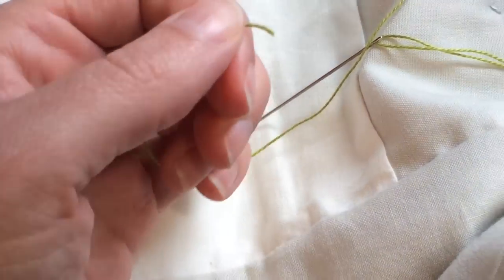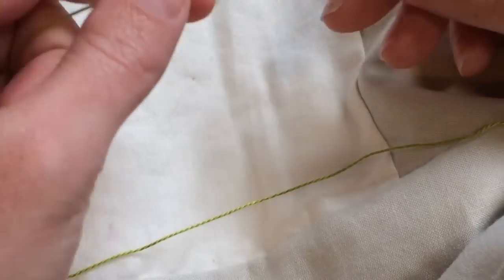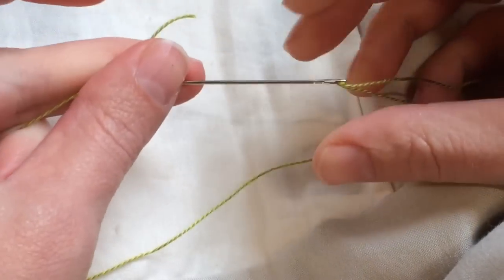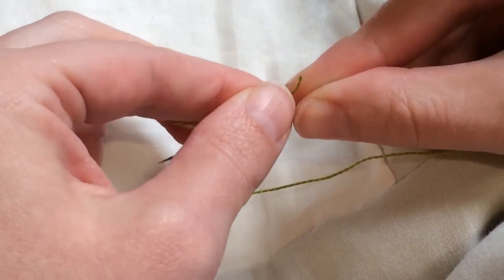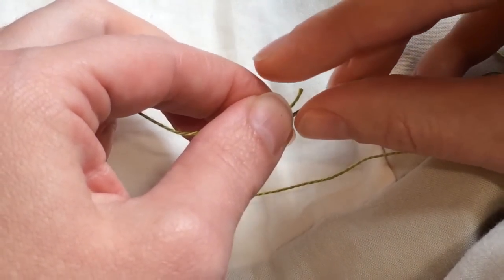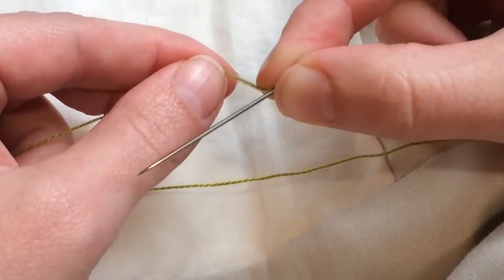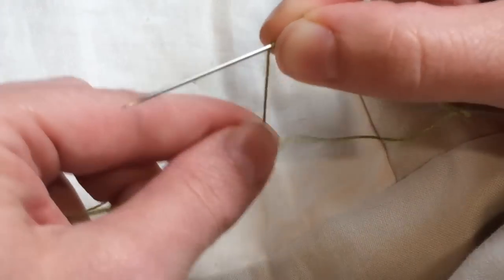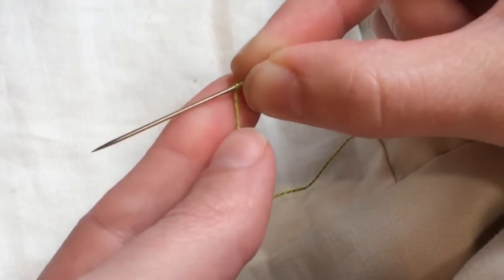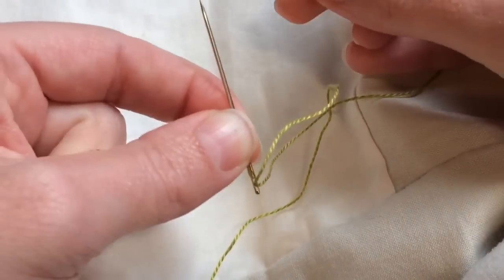Cut that off. Get rid of that. All right. With your long tail and your eye of your needle between your thumb and middle finger, put the long working tail of thread on top, pinch it between your fingers on your right hand, wrap away from you, 1, 2, switch everything to your left hand, firmly grabbing those loops,